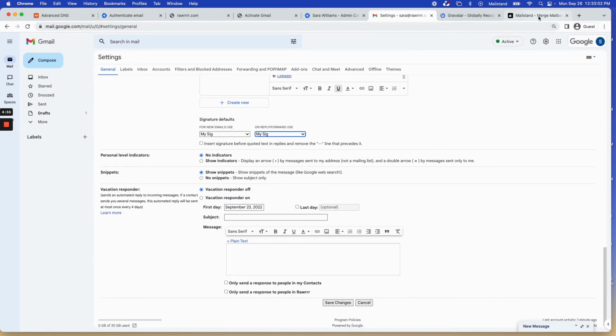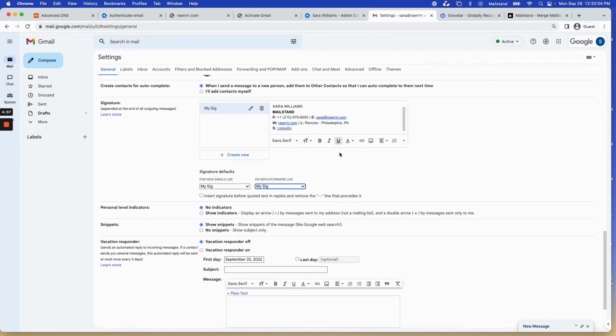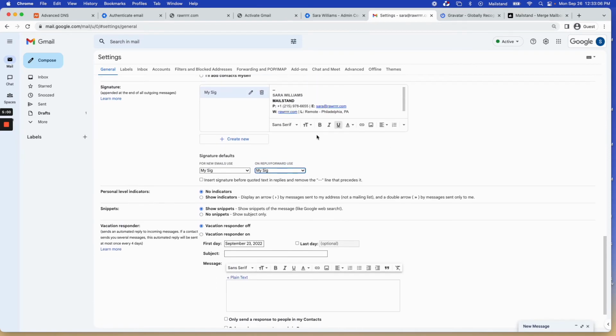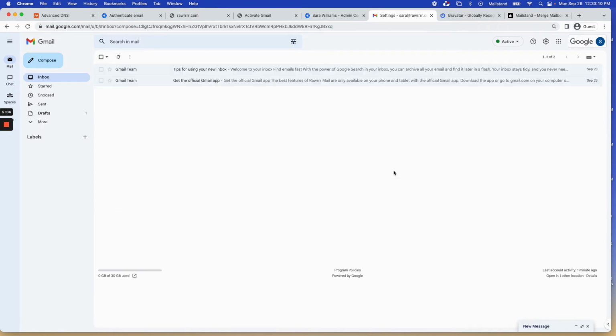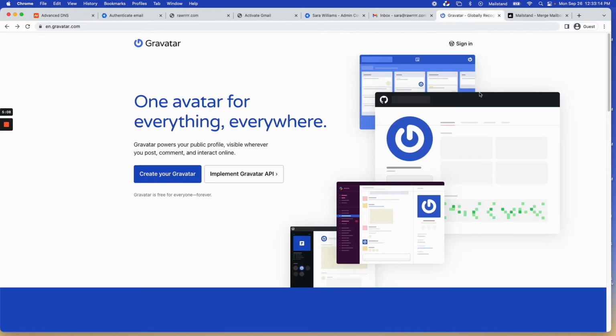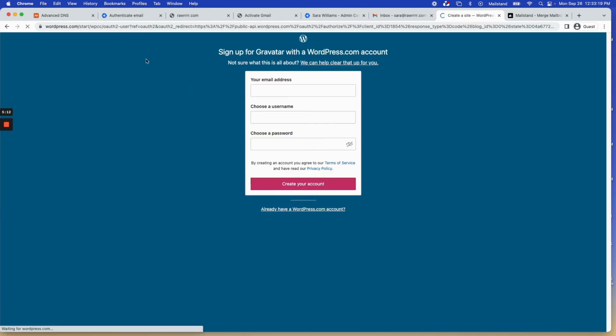When we sync it to Mailstand later, you're also going to want to have that there, but we automatically will pull it in when you upload it. So you'll see that in a little bit. And so great. So we set that up, and then finally we want to set up Gravatar, which is basically a globally recognized